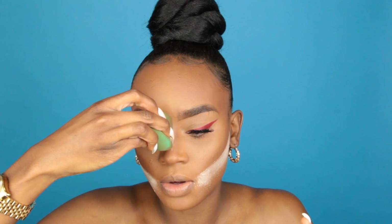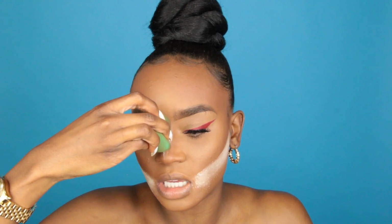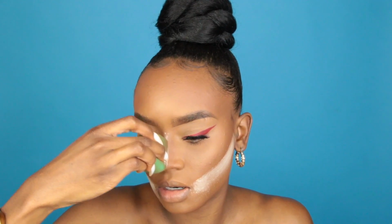So since we did contour a good amount, you can also place some powder in the center of your nose just in case your contour was a little bit wonky or you put too much contour on the sides of your nose. So you can place some powder right here in the center just to create a really sharp line there. I'm just going to show you guys how to do it, even though I didn't even need to,